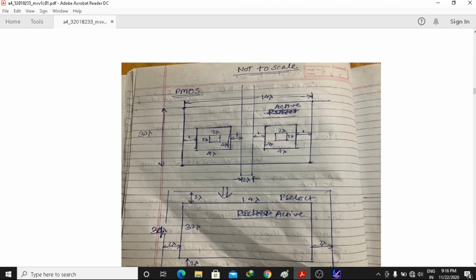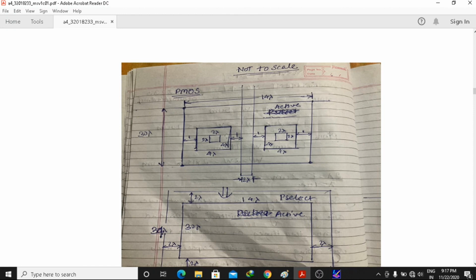This contact should be separated by at least a distance of lambda from the edge of this metal. You see, this is 2 lambda by 2 lambda, and you can see the mouse. This distance must be minimum lambda, and this distance also must be minimum lambda. Here also lambda, here also lambda. So when I sum up all this, the minimum size of the metal comes out to be 4 lambda by 4 lambda. If you keep something somewhat less than this, then you will get a DRC error, right?